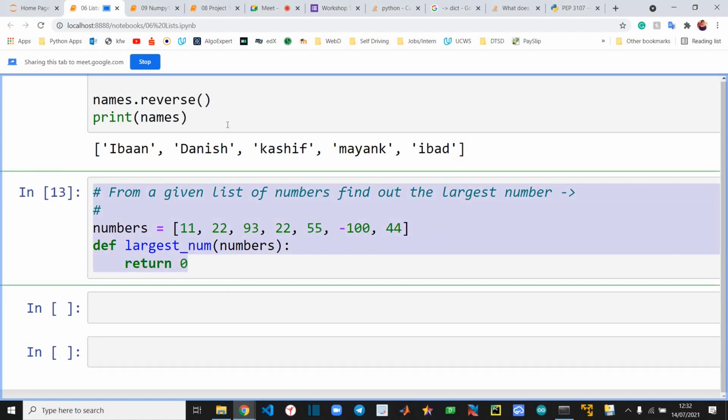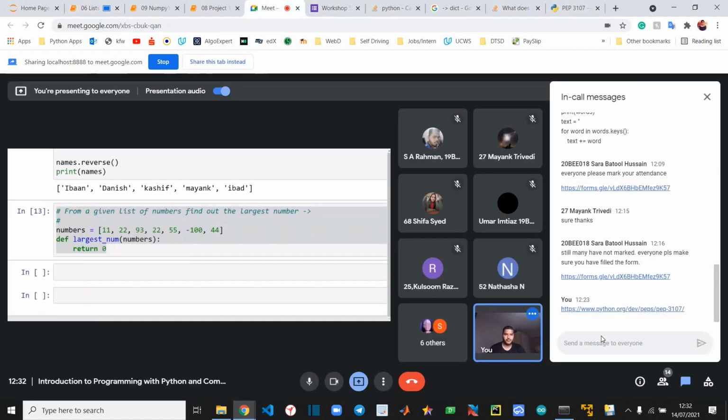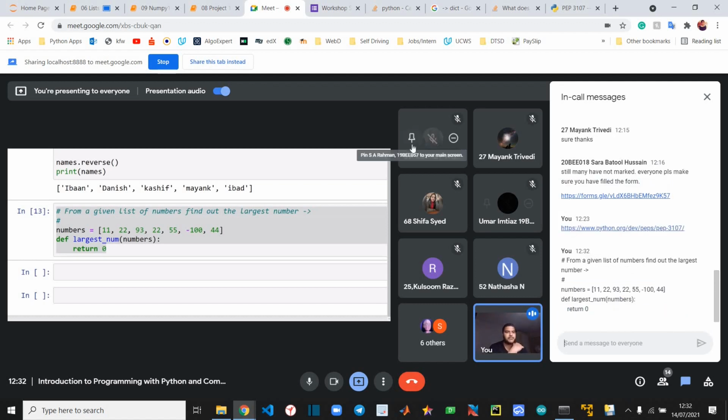So from a given list of numbers, find out the largest number. This is your question. This is a pretty straightforward question. If you have understood everything clearly, it should take you a minute. Not even a minute, but yeah, a minute sounds reasonable.